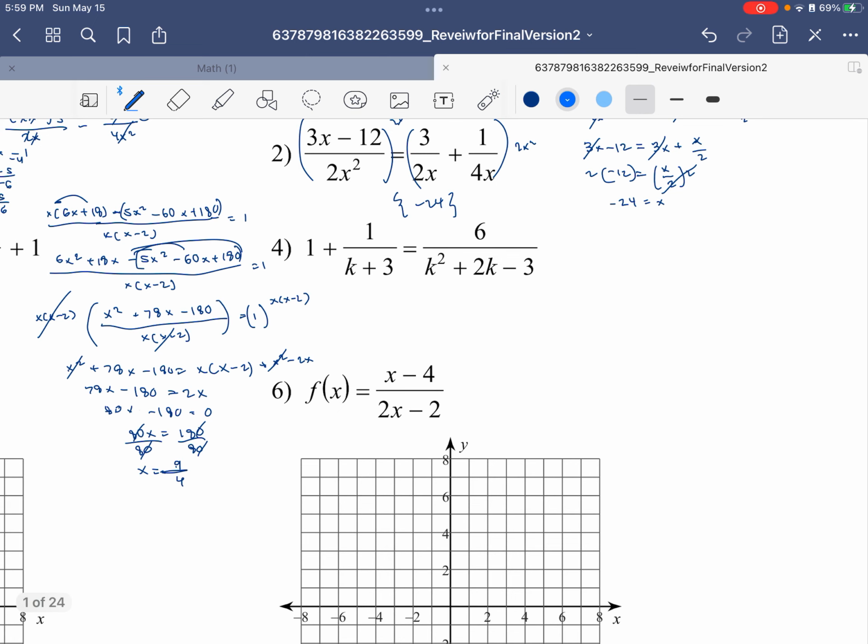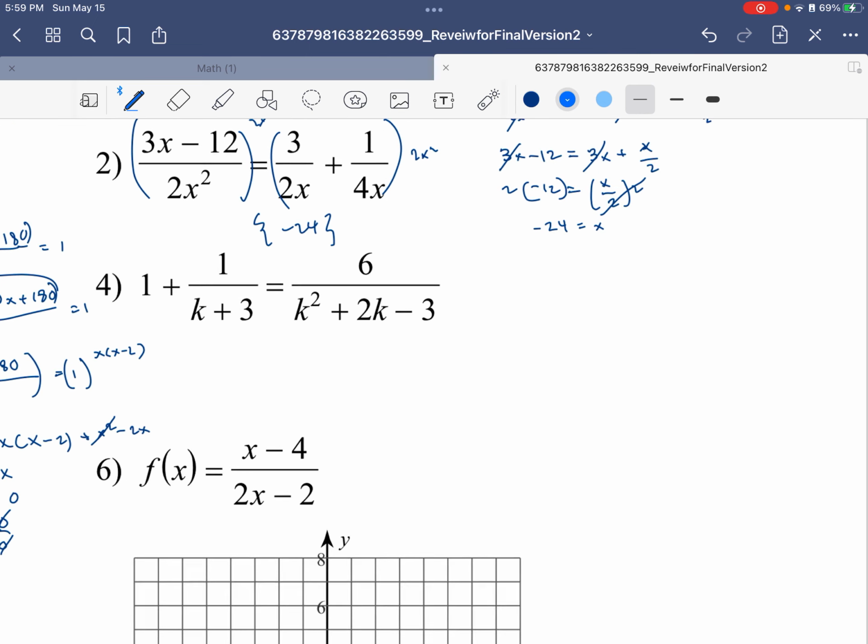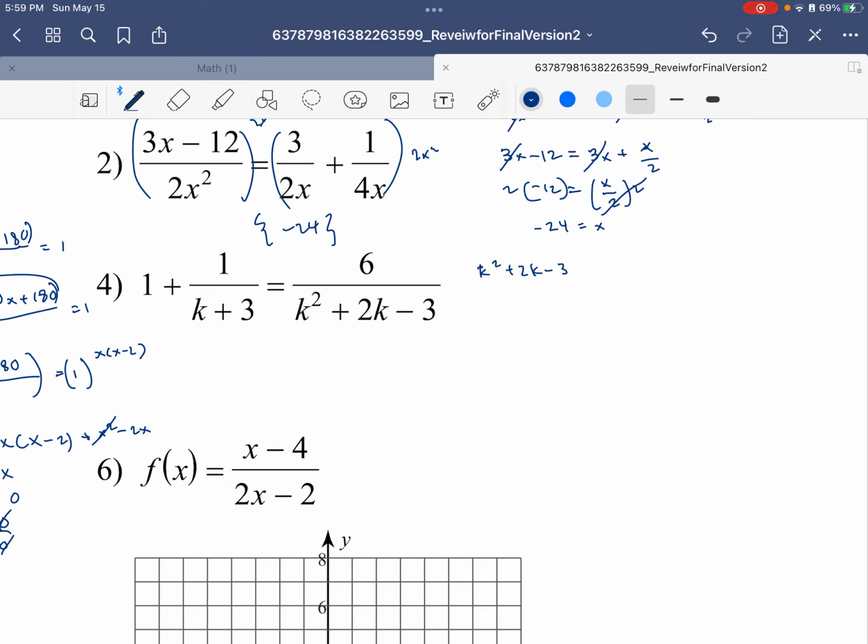Hopefully that made sense. So let's do another one. We have this one. Same thing, we're going to want to multiply our greatest degree denominator term to both sides of the equation, which in this case, pretty obvious, is that. And so I'm going to multiply that to both sides. Over here we have 1, so when we multiply it, it won't change, it'll just stay like this. And it's going to be plus